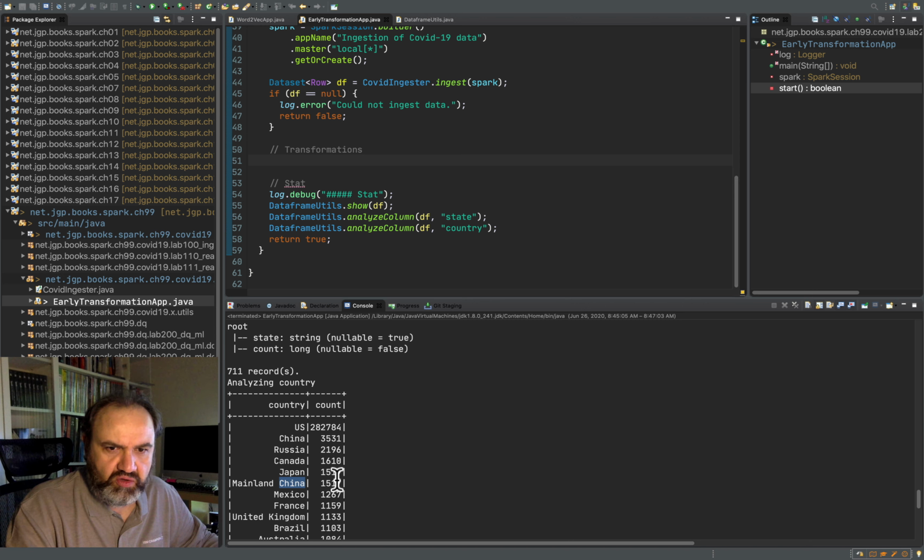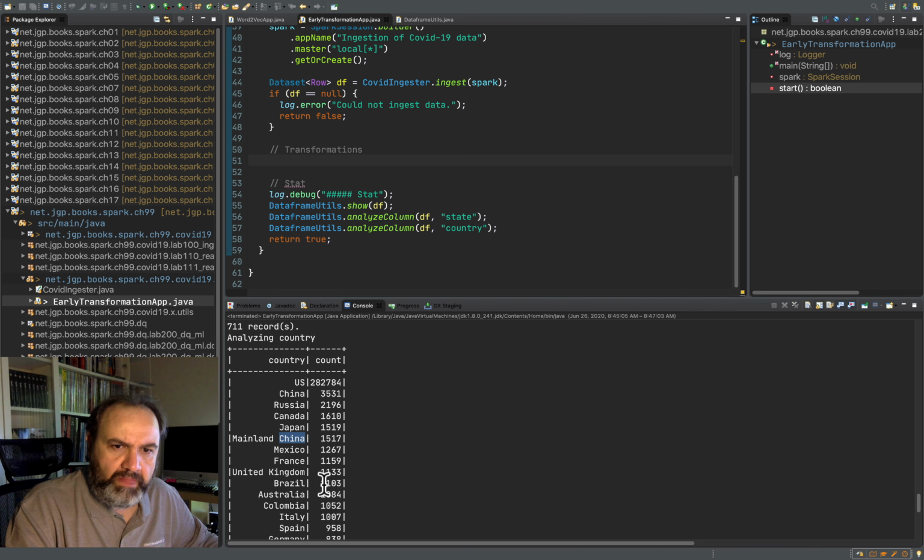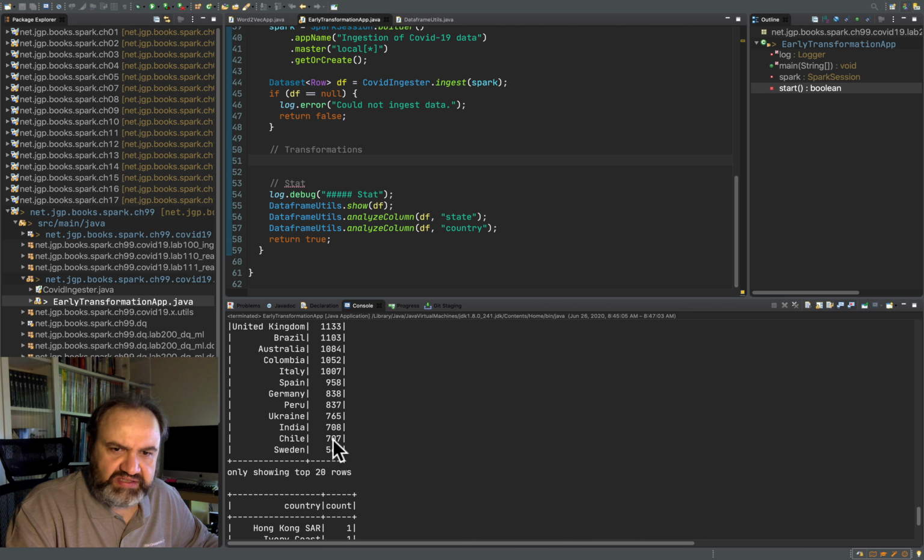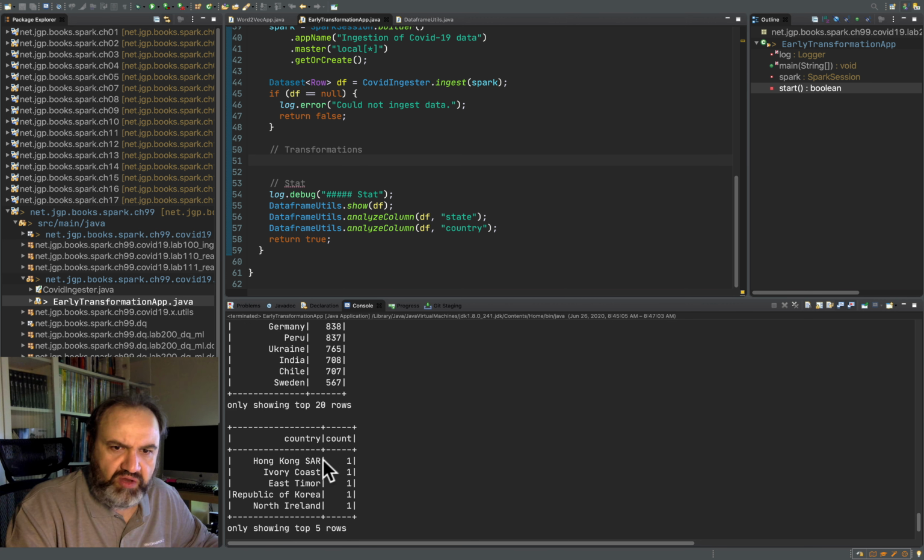But let's not go into the politics here. That's an interesting thing. We need to find a way to combine these two, because otherwise we won't be able to do proper analytics. And if we look at the least used values, there might be a similar use case with Korea.